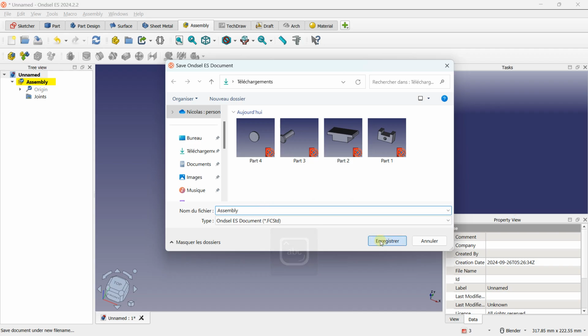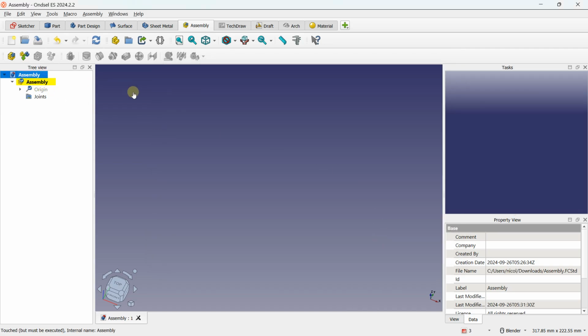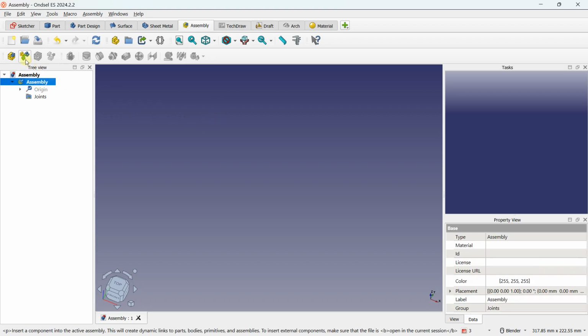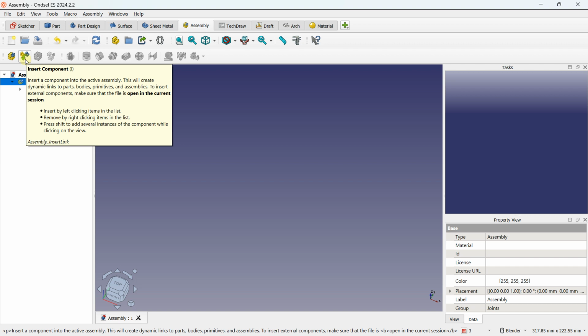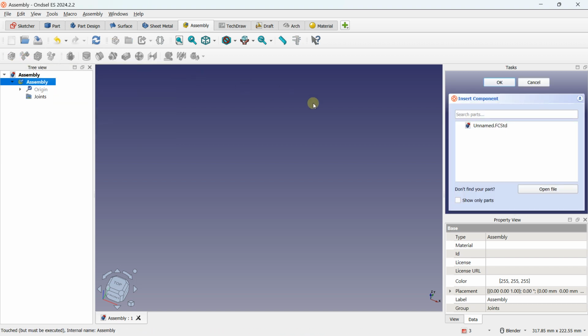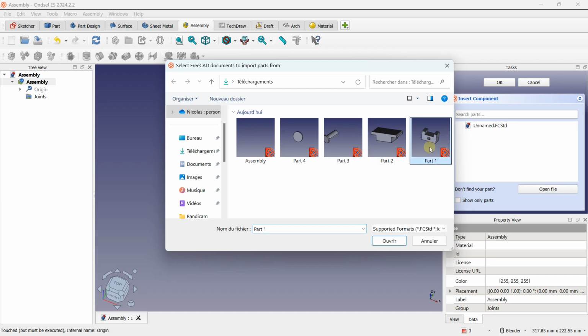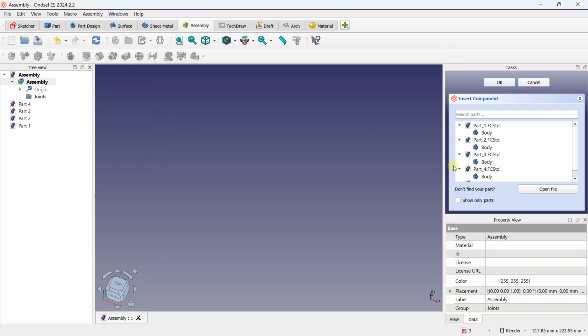So you need to create a new assembly document, you can save your work, and inside I will be able to place elements. How to place elements? You click on the assembly, and here now you can unlock insert component. After clicking on this one, you can open file, or if you have already your document open, you can reuse your document already opened. So in my case, something that I will do is to click on open file. I will select this part, this part, this part, and this part, but not the assembly, and I will click on open. So now you can find here the different elements.